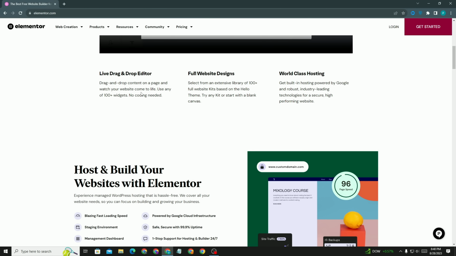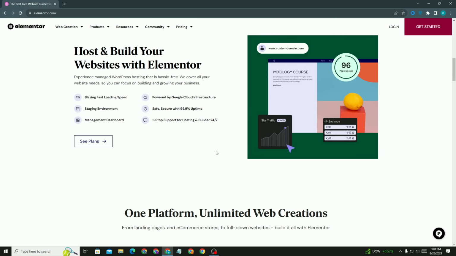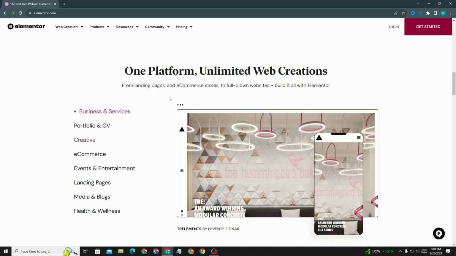So then here you can see the interface of Elementor. Basically, Elementor is for WordPress, so you don't have to code the site. Simply, you can drag and drop all the things like the navbar, the home page, and everything else, the pages and the blog posts. Then you will be able to make a beautiful website. So Elementor is the best for you.